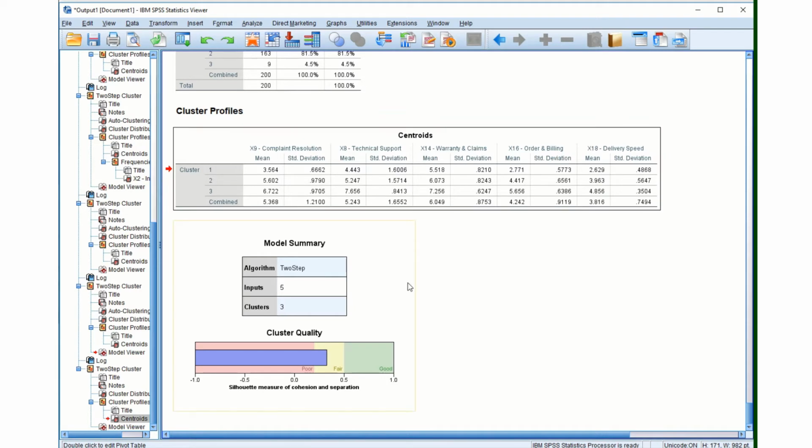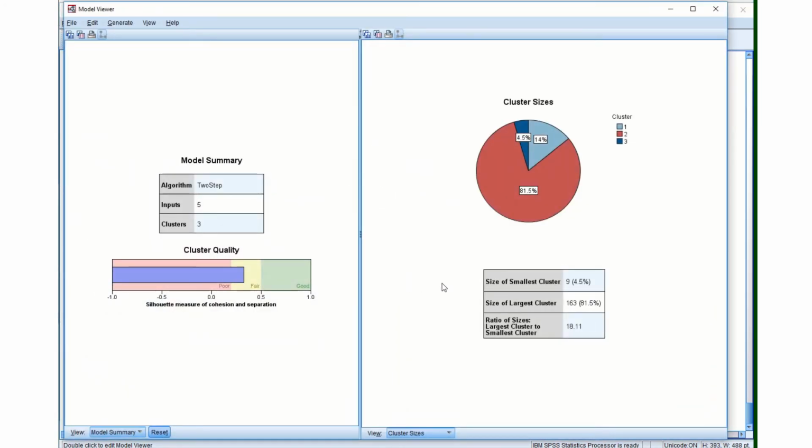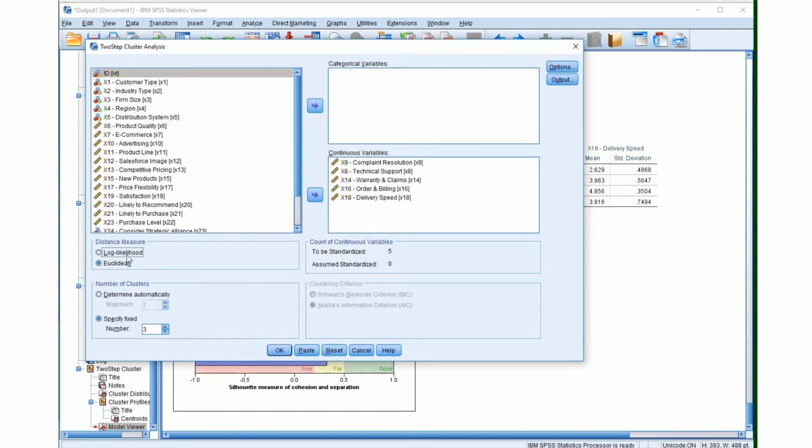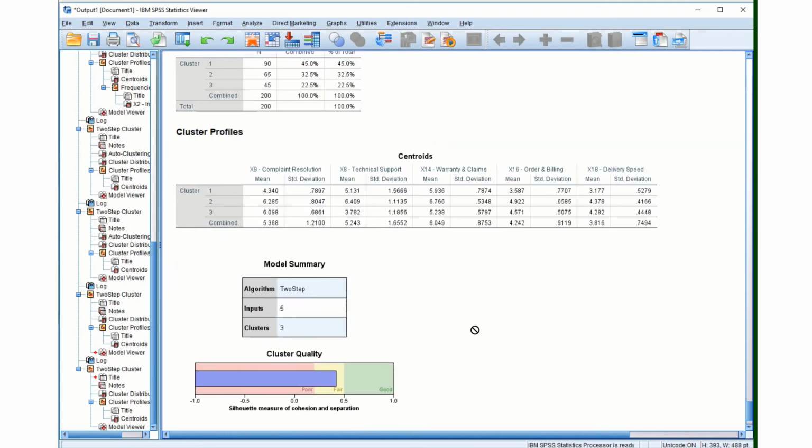And again, we have our centroid table. Double click here, and this is interesting. Okay, so we had 3 clusters as I specified. However, they're not very evenly distributed in size. So the smallest cluster only has 4.5% of the population, then 14, and then 81. So when I force it using Euclidean distance, I get one overpowering cluster. I'm actually going to rerun it again just for fun with log likelihood distance as a measure, and again